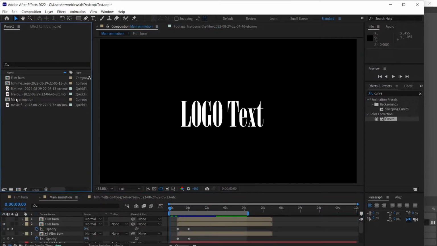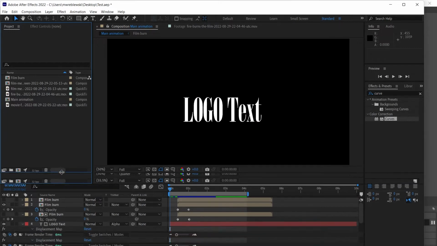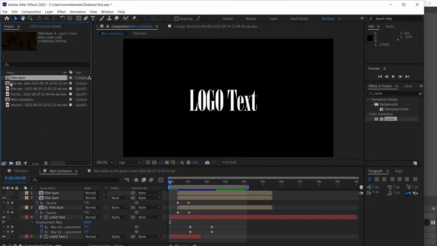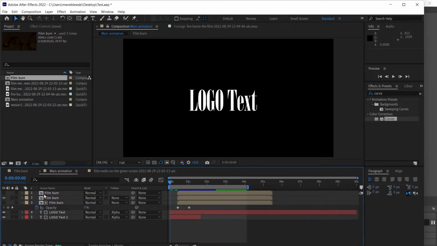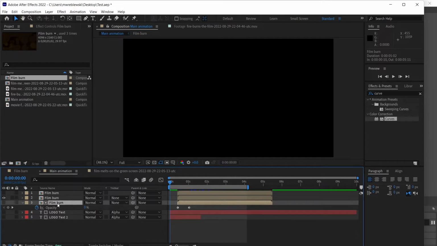So I made a main animation to put all my layers into. And my fire, the film burn, I just called film burn. I was able to duplicate the effect in the timeline, and I'll explain why, because I did not alter the original clip. We're gonna go through this layer by layer. The first film burn that's happening